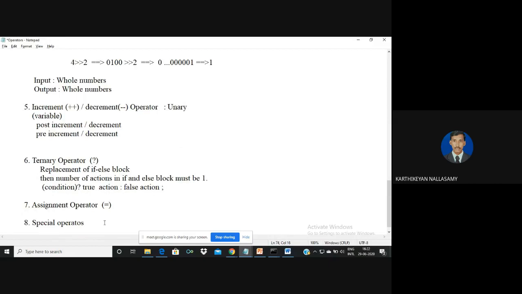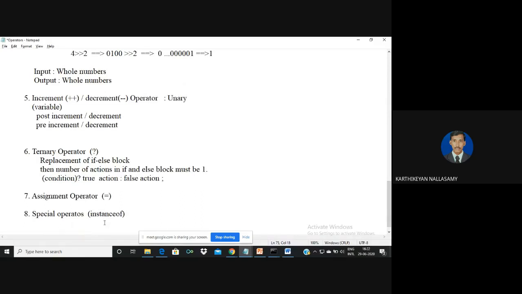And the next special operator is called the instanceof operator. Normally the instanceof operator is used to check whether a particular object belongs to a particular class or not. If you want to check the instance of a particular class, we use the instanceof operator. The syntax is the name of the object, followed by instanceof and the class name.